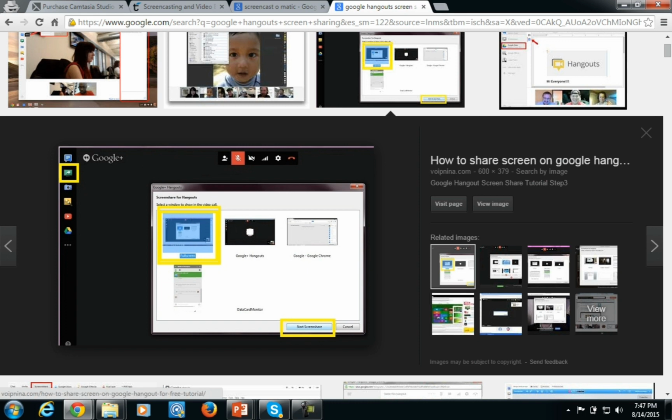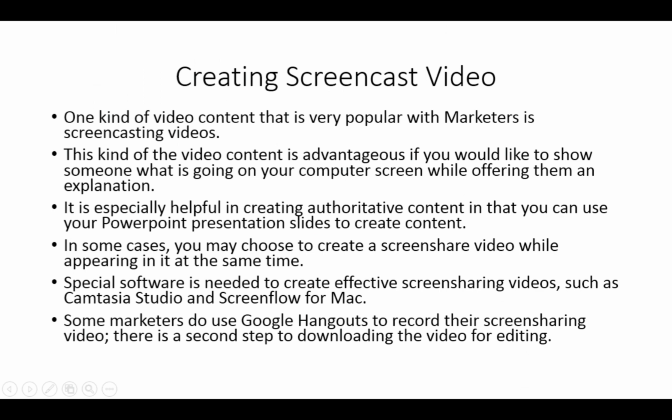So creating authoritative content using video does not require you to appear on screen. In fact, you can create videos where you are showing what it is that you're presenting. You can show what it is that you are doing on your computer screen, and you can literally show whatever you'd like to from your PC. That means then that creating video can be whatever you want that will get your customer or your prospect to take action, or to give them the information that they want to position you as an expert.